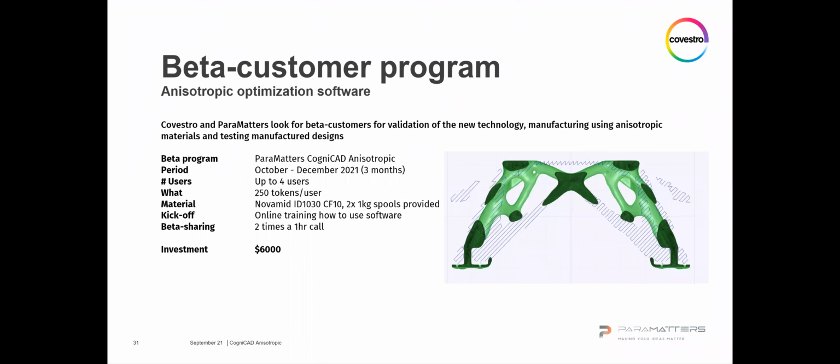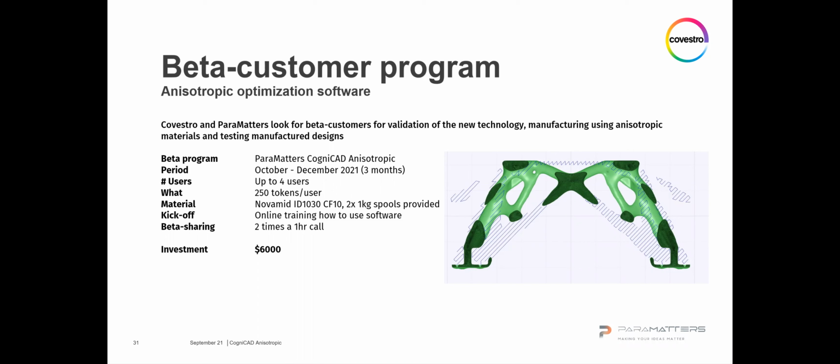So we are looking for beta customers for validation of new technology, manufacturing parts using anisotropic materials, and testing these manufactured designs in your own circumstances, your own facilities, because it's not about us producing for you, it's about you being able to use the technology to your benefit and being able to reduce your development time, increase your performance, and reduce costs. Therefore, we have the beta program, which is the ParaMatters Cognicad Anisotropic program, which runs from October